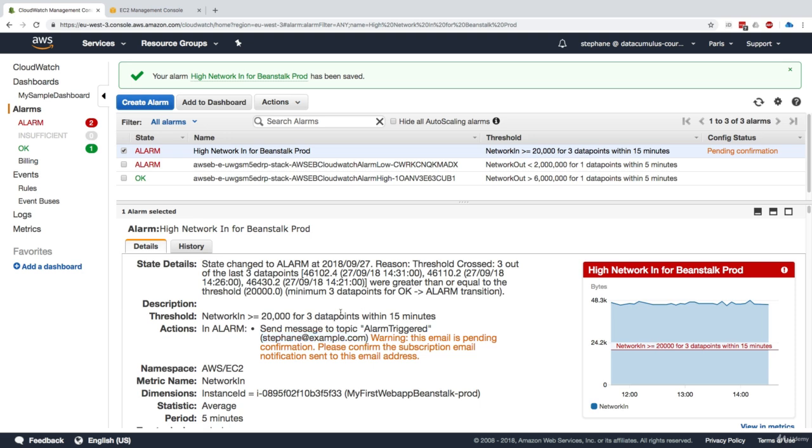So you can see how you start using alarms to basically trigger autoscaling or to send yourself emails, and you can really be free in how you want to monitor your stacks and your applications. So that's it for CloudWatch Alarms. I hope you liked it, and I will see you in the next lecture.